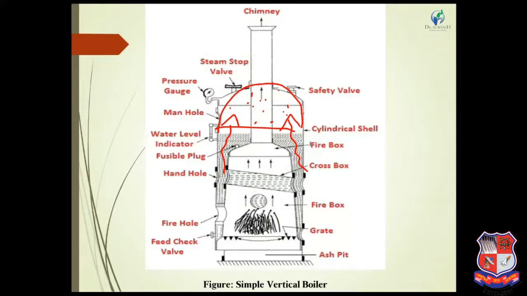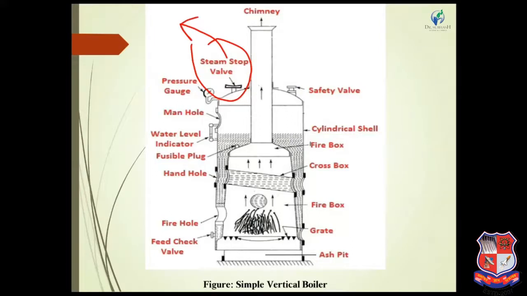The saturation temperature of the water is 100 degrees centigrade. After the saturation level is reached, the water is converted into steam and the steam is collected by the cylindrical shell. Then it creates pressure inside, because the gases require more and more space, but the volume of the boiler is fixed. So pressure builds up inside. When the required pressure is reached, the steam stop valve is operated and gives the steam out of the boiler, and the steam is utilized for further purposes.